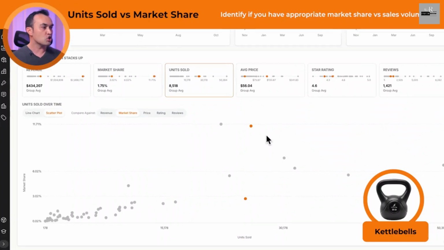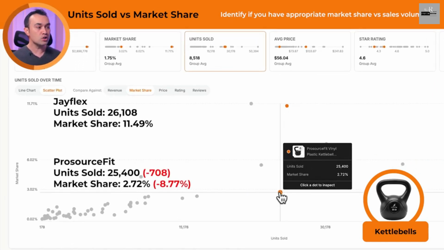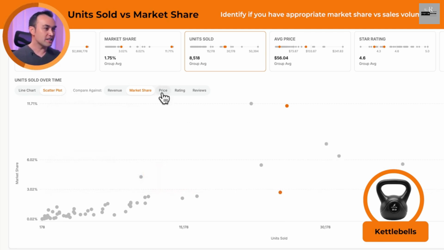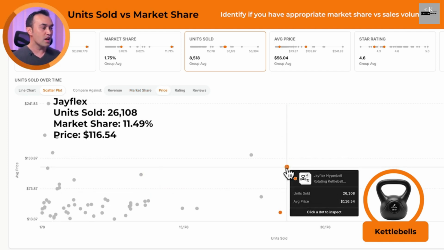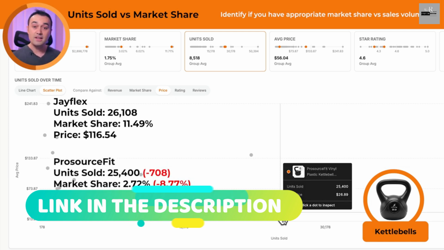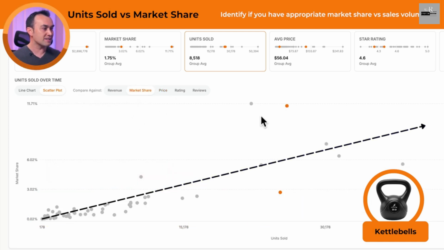For example, let's check out these kettlebells. Here's two products with only 700 units difference in annual sales, but one owns 11% of the market while the other has just 2.7%. What's the difference? Their price. So if we quickly switch to the price view, we can see that one is $116 versus $27 for the other. Now this higher price kettlebell might be an outlier as there's not many products near it on